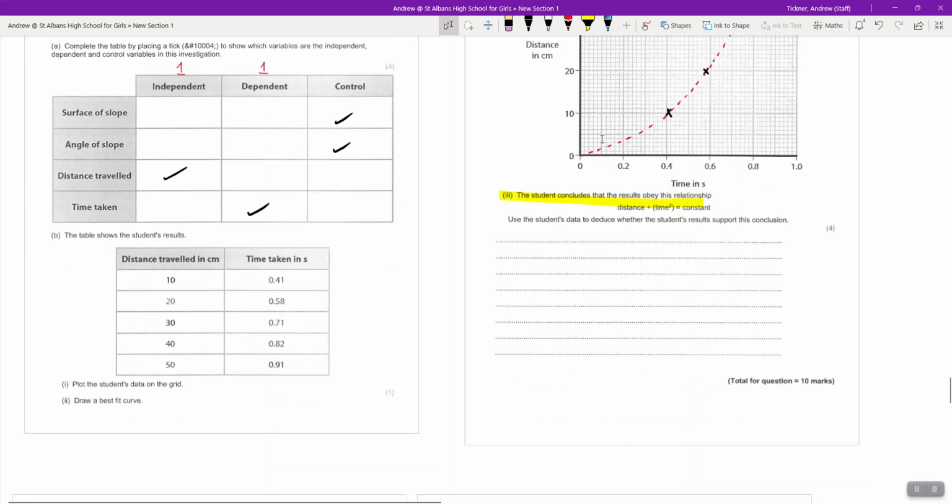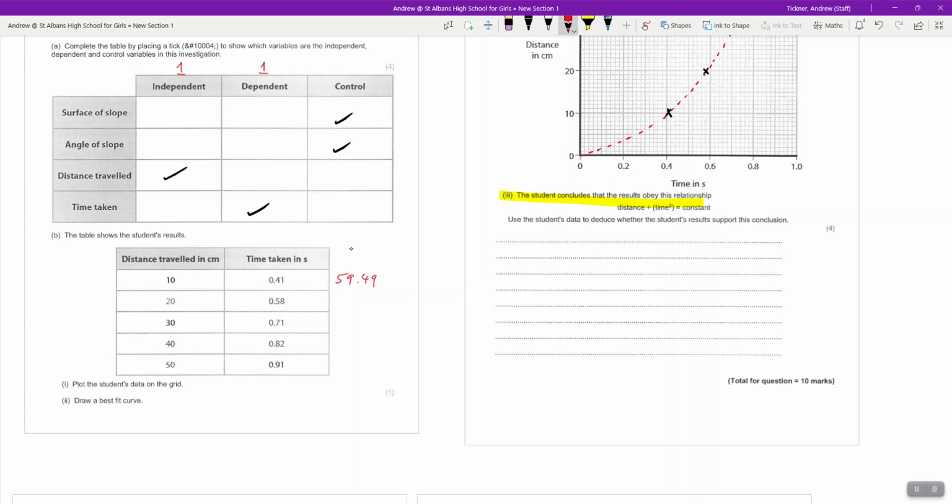Okay, and then we had this question, which is a new style of question they haven't asked too many times: test this relationship. So essentially there are 4 marks for using the student's data to deduce whether the student's results support this conclusion. The first step you need to do is to take each of these values and do distance divided by this number squared. That's the first thing that we have to do. And if we do that, I'll just write down the actual values that you get, very similar values. You get